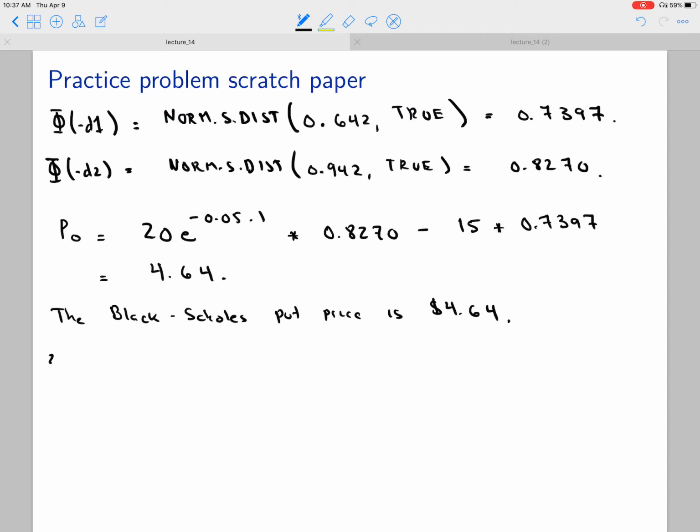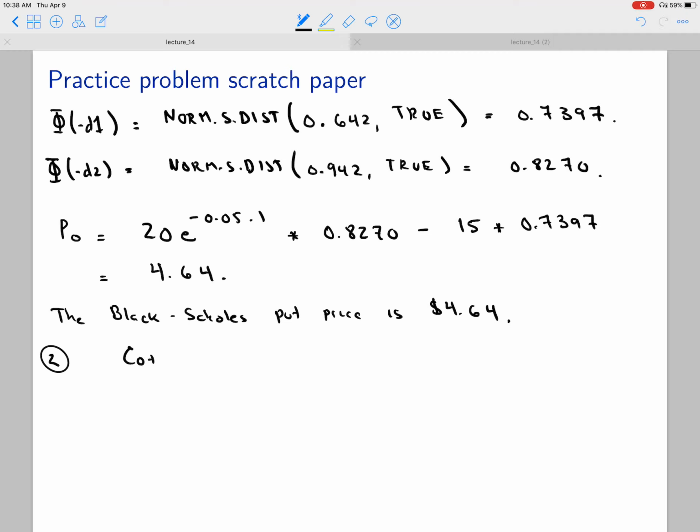fine come test time. Second part, we want to use put call parity to derive the price of an otherwise identical call option. We could just use the Black-Scholes call option formula. We'd get the same exact answer, but put call parity is going to be a lot faster and simpler. Put call parity says that